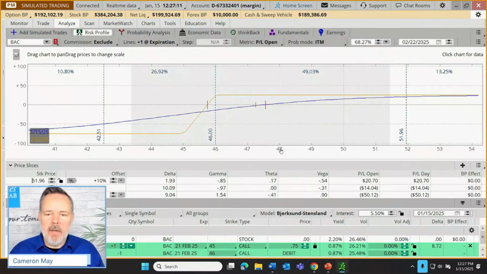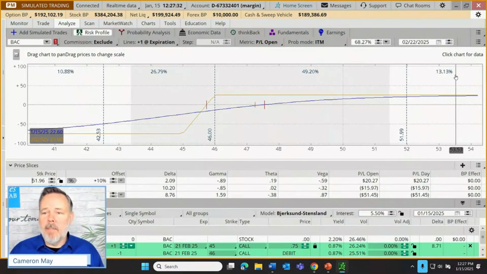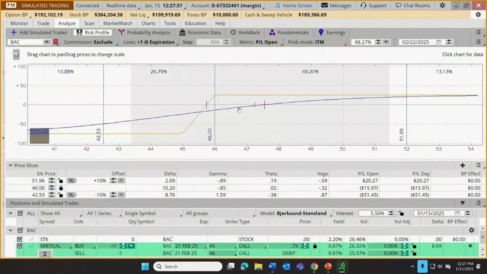So now I can look at price levels above that and look at the associated percentage likelihoods of those price levels, and I can now see with some good precision, there's about a 49% chance that we're going to wind up between 46 and about 52. Additionally, there's about a 13% chance that we're going to wind up somewhere above 52 on the 22nd of February. So if we add those up, the trader can see a good mathematical estimation about a 62% likelihood of maximum gain on this trade.